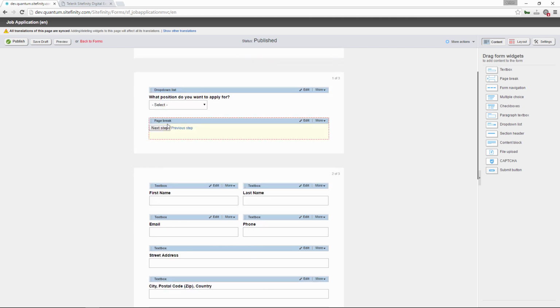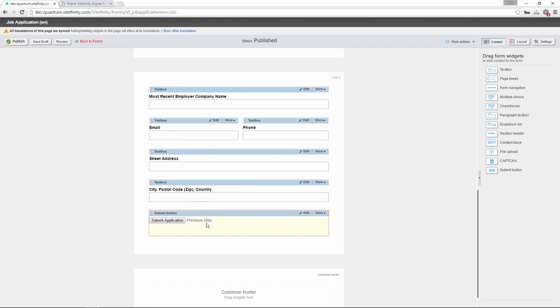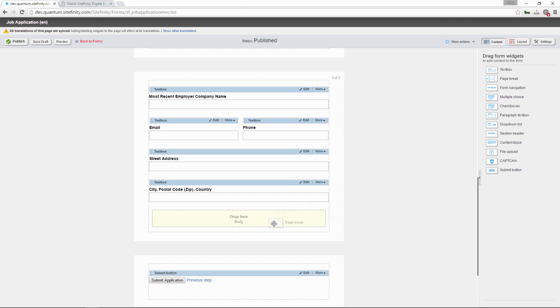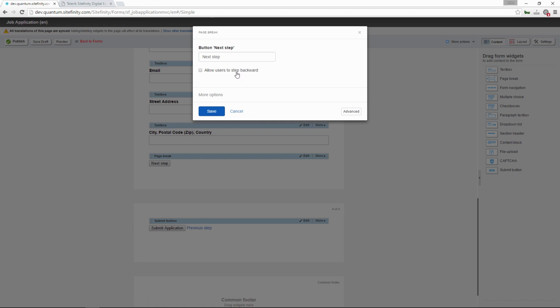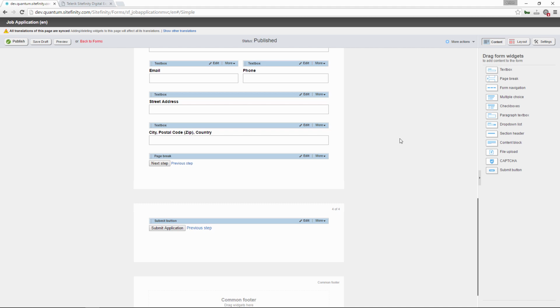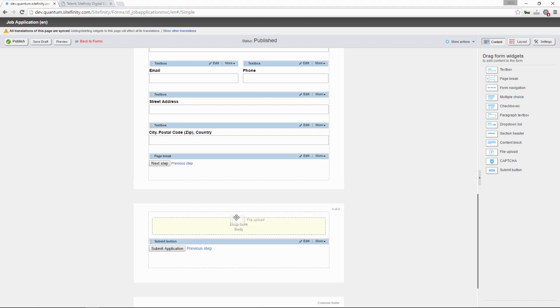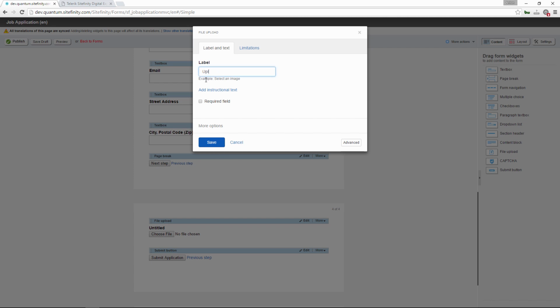Here is the page break widget for one of the steps, second, and then the last step is the submit application button. So we would like to add another step. So we're going to use the page break widget here to add this step, and we are going to provide the ability to step backwards within the form and use the file upload widget to enable the users to upload cover letter